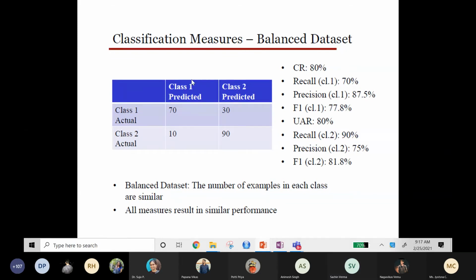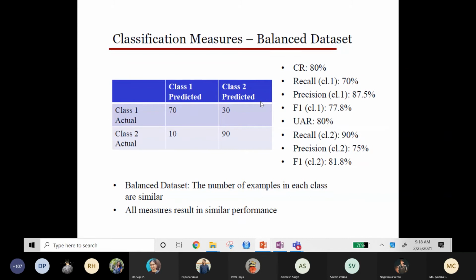So class 1, true positive, actually positive, negative. When we look at yes or no only, we can tell true positive, true negative. That means instead of yes or no, if you replace it with some classification, true positive means true that it is class 1. True negative means it's true that it is not class 1. That is, it is classified as class 2. So that way you need to understand.